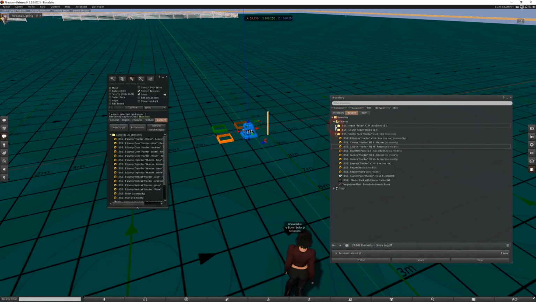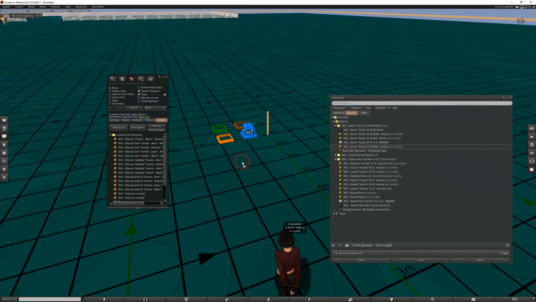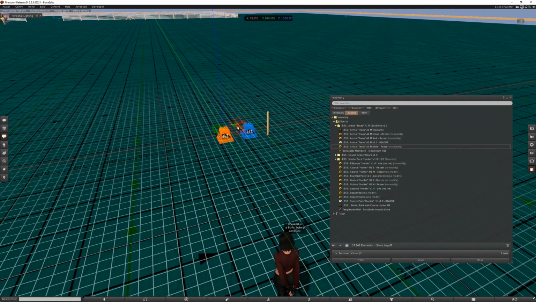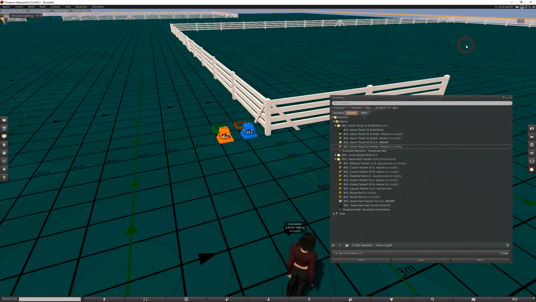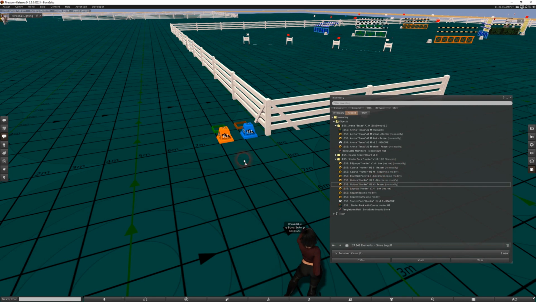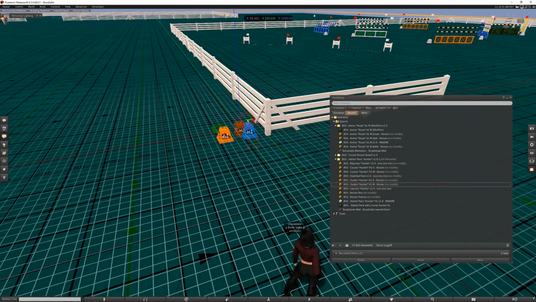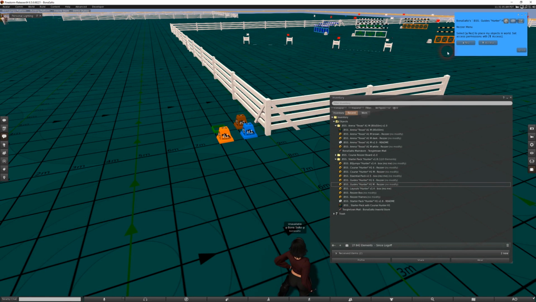When configuring scenes for the Course Rezzer Board, you have the freedom to decide what objects to include in each scene. For instance, you can choose to include an arena as part of the scene, allowing for different arena setups to accompany specific courses. Alternatively, you also have the option to place the arena separately once and utilize it consistently for all scenes. This approach can be convenient if you prefer to maintain a consistent arena layout regardless of the